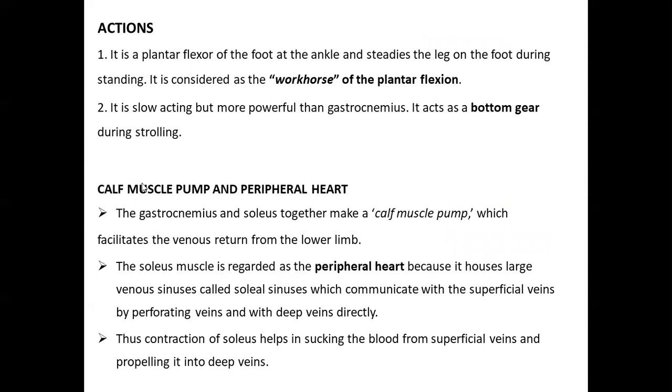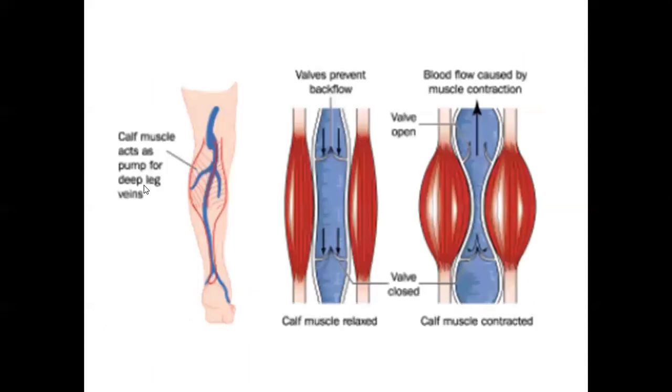ठीक है? So, calf muscles जो हैं, calf muscles and even my gastrocnemius or soleus, mainly your soleus, it acts as a peripheral heart. What do you mean by a peripheral heart? You know that the venous return from the lower limb is facilitated, यानी उसको हेल्प करता है venous return को lower limb से ऊपर चढ़ने के लिए muscles की contraction, ठीक है। So gastrocnemius और soleus दोनों एक साथ एक calf pump बनाते हैं, जिसकी वजह से venous return lower limb से ऊपर चढ़ता है।